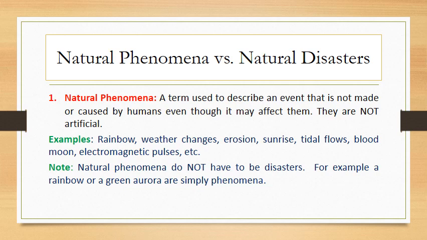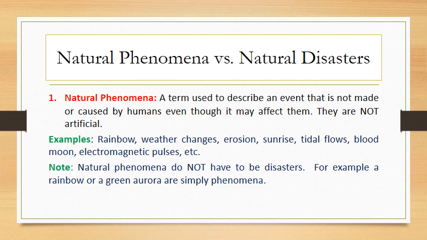Okay, now let's first of all distinguish between natural phenomena and natural disasters. Natural phenomena is a term used to describe an event that is not made or caused by humans, even though it may affect them. However, natural phenomena are not artificial, and natural phenomena are not destructive. They're generally beautiful phenomena,